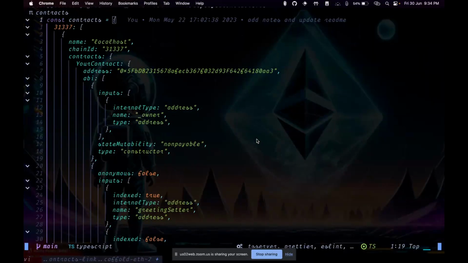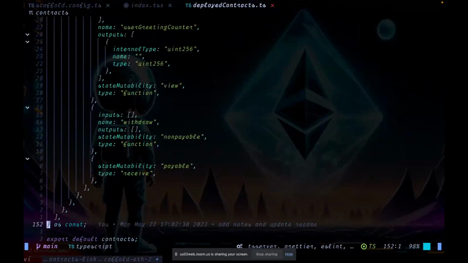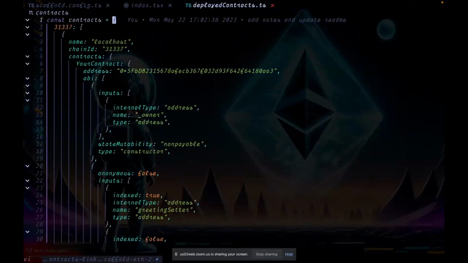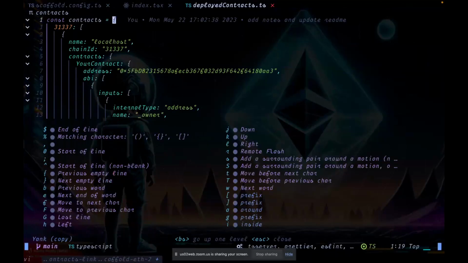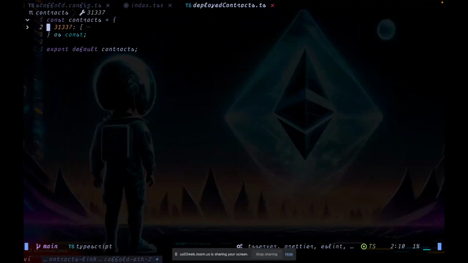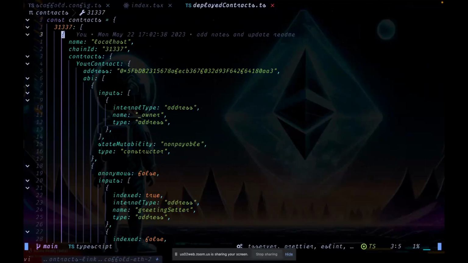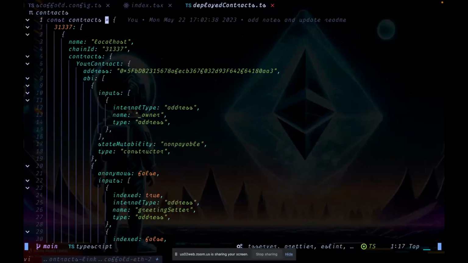Nice. Yeah, it's a very small utility app for Scaffold-Eth 2. So what you can do is, in Scaffold-Eth 2, you need to maintain a structure to get your custom hooks working. So you need to put the contract in a particular order to get all the autocompletion with TypeScript. So what I've done is I have built a small utility app where you can just copy the existing object which you have,